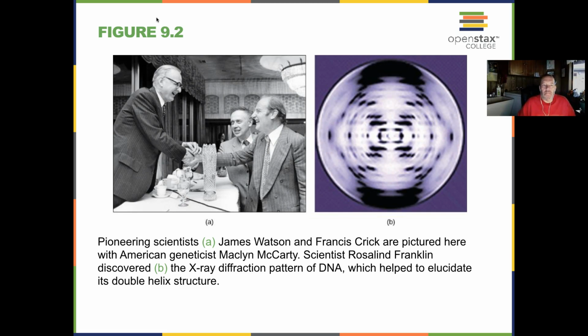So Watson and Crick are the two scientists that are typically acknowledged for being the individuals that were able to first identify the structure of DNA, basically illustrated in this X-ray,